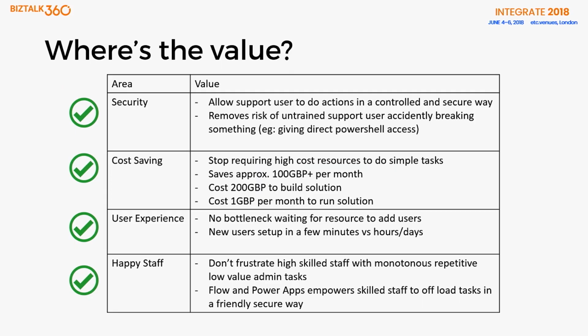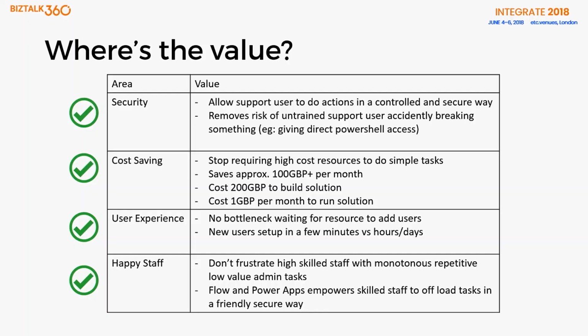Now, I guess the key question then is this: we've automated a process. We've made our lives easy. We can be a bit more lazy than we were before, but where's the real value? So the key things here are in a few areas. One, security. Reiterating some of the things I might have said already, I've taken a highly privileged task that was very security conscious in two key areas, CRM access and AD access, but I've been able to offload that task to somebody who doesn't even need an IT skill set.